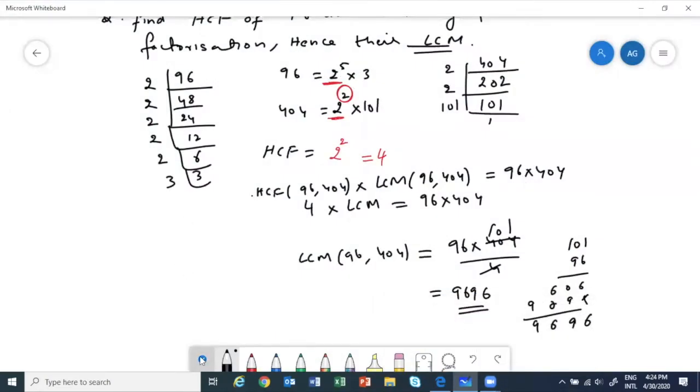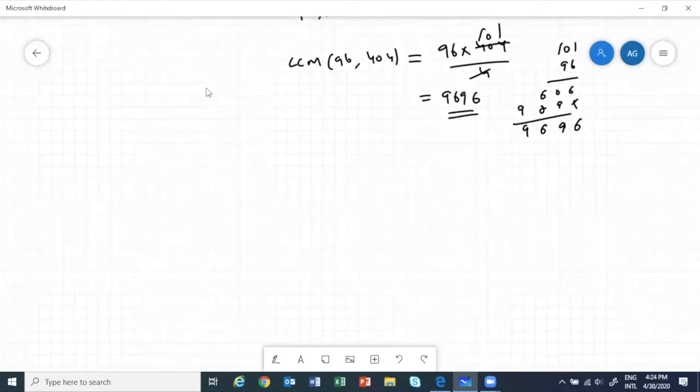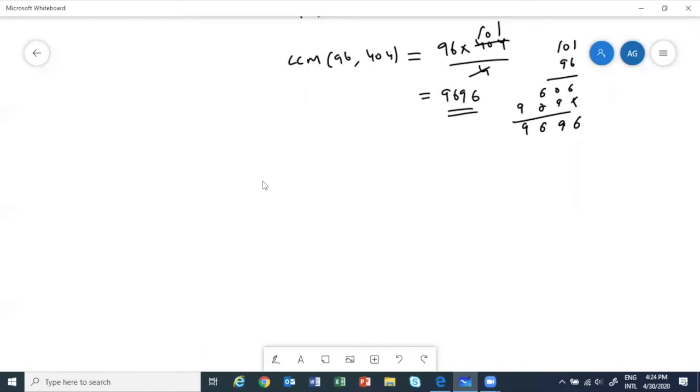This is another application, right? Now we will show that it will not hold when you take 3 numbers. If you take 3 numbers, this will not work. Correct, Nabiha? Right. All of you understood the concept. That is what I want. Okay, see. Now let's try to find whether it will hold for 3 numbers.